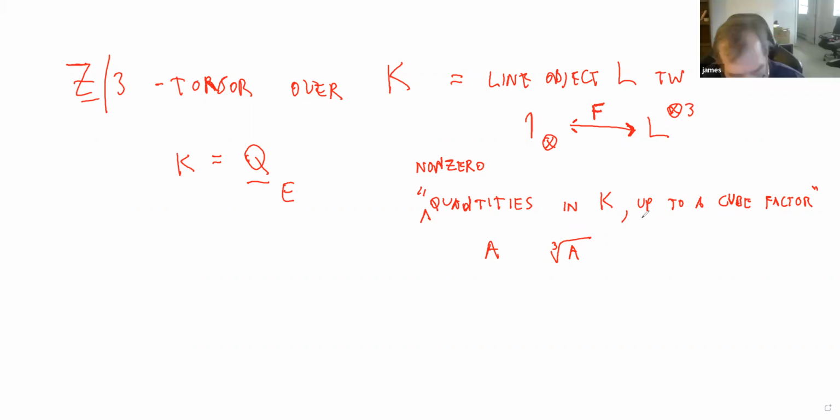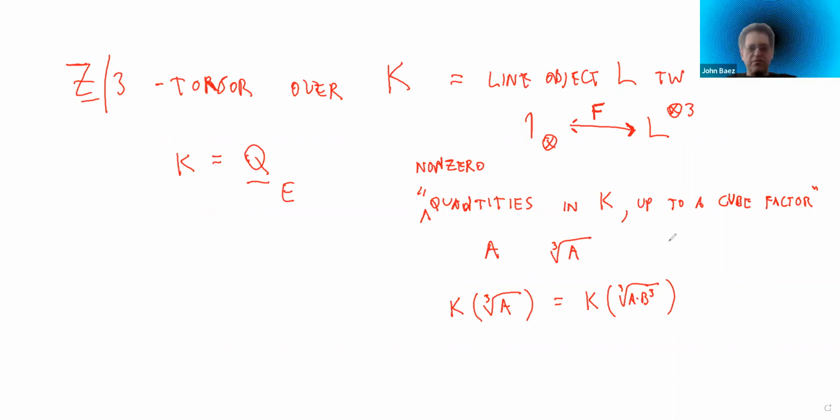Well, I mean, we're saying that this extension is the same as this extension, A times a cube, where B is again a quantity in K. I mean, right? We can see that those are the same field extension. So what you're doing is you're